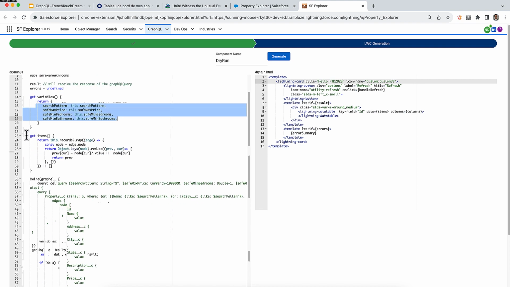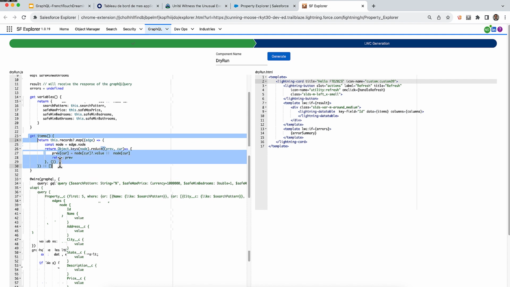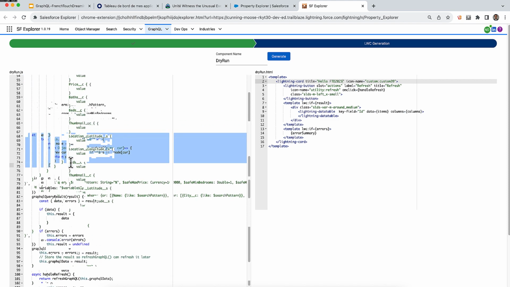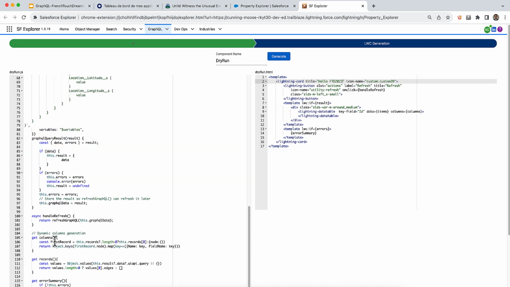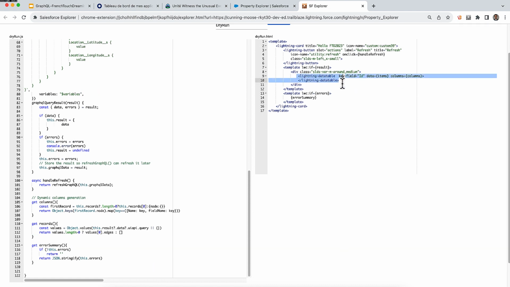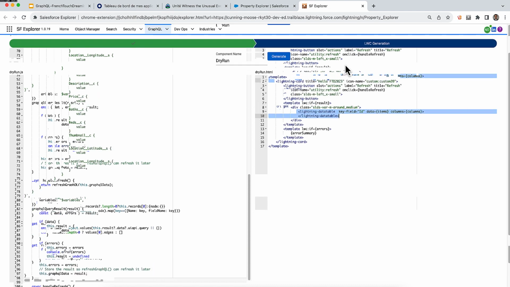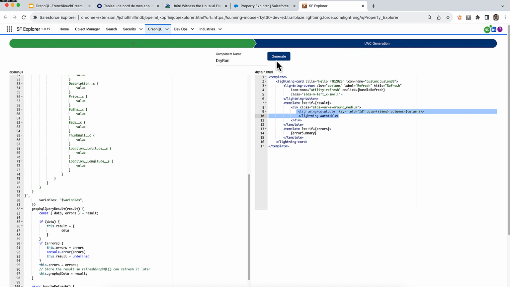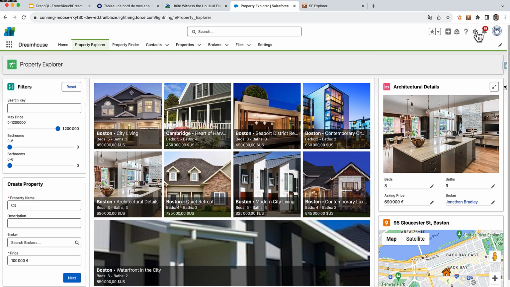And once you retrieve the items, the item is retrieved in the form of a graph. Here I have a small routine to flatten the data, and that allows me to get the records in the form of data. And at the end, I'm just using a Lightning data table to show the data. So let's generate this component, right? Using generate, and now I'm supposed to be able to edit this page